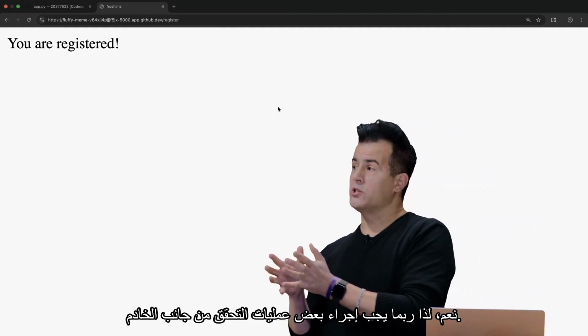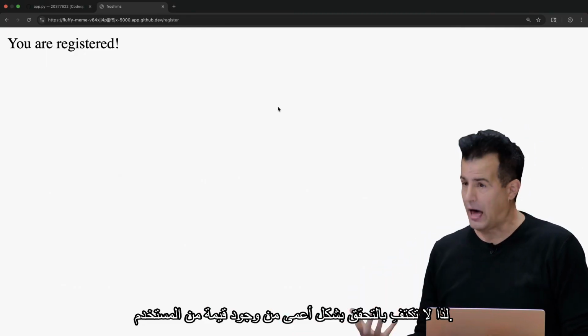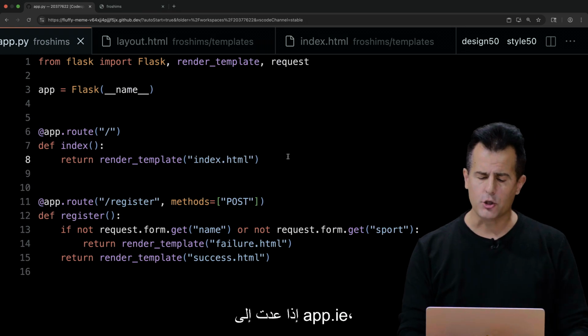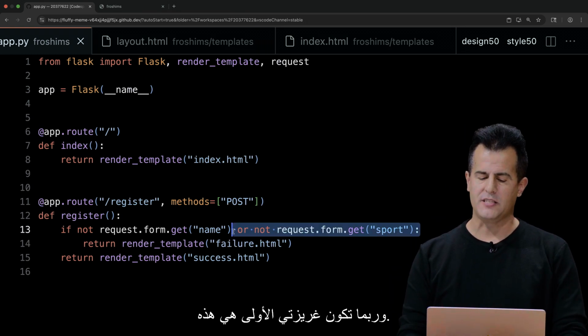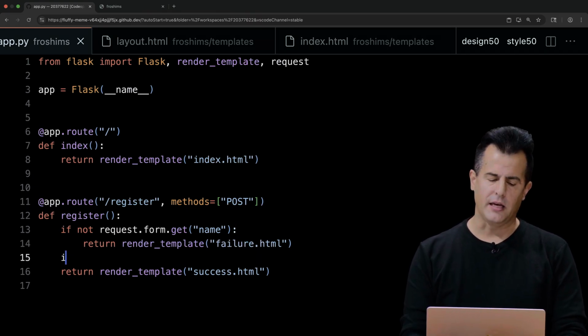Yeah, so maybe do some server-side validation. So don't just blindly check that we have a value from the user. Actually check that it's one of those sports. So if I go back to app.py, I could do this in a few ways. And maybe my first instinct would be this. Let's check for the name and do this. But let's also do this. Like if